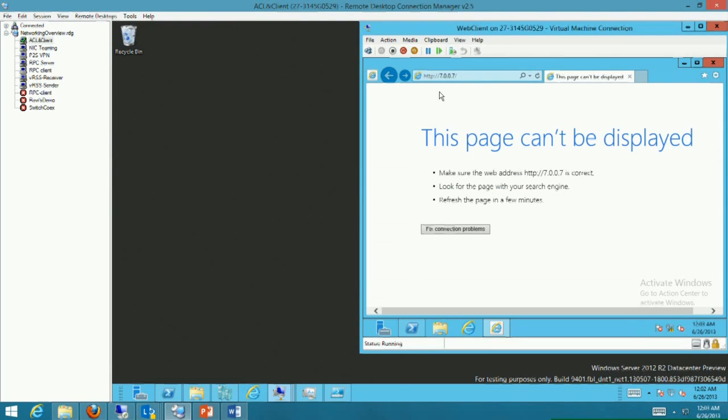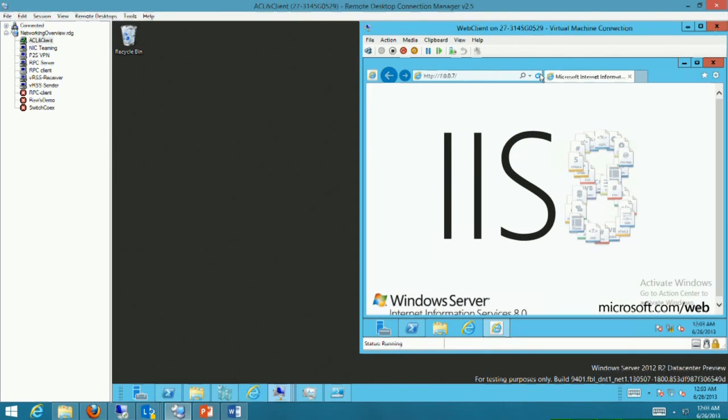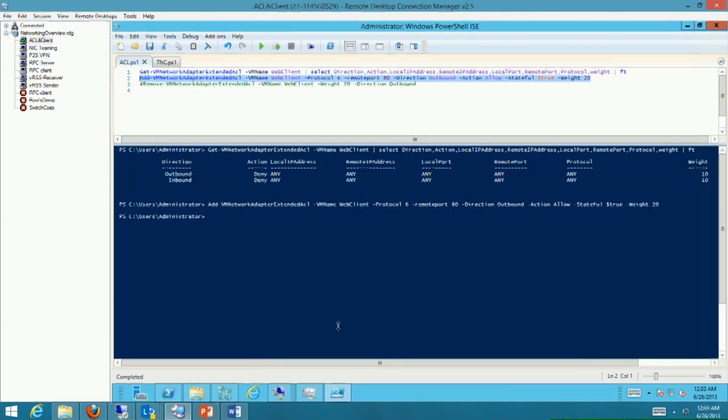So once I do that, if I refresh the web page, now I can connect to the web server. Now I want to go back to the script just for a minute, and you can see here I create a stateful rule. So the rule is actually created on the outbound connection. Because what we learned is when you specify echo, many times you can only do the classification